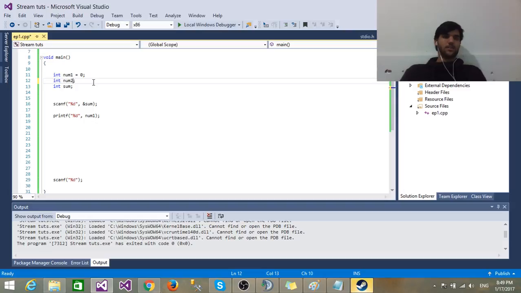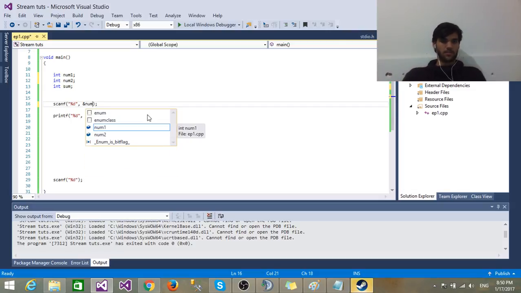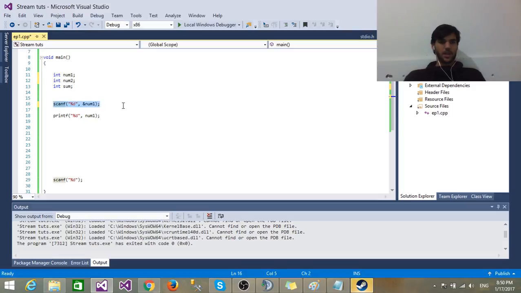So like we said, we don't want to initialize them because we're going to initialize them by user input and not by you putting a number inside it. Okay. So now what we want to happen is we want num1, that the user will input the first number, okay? And now he's going to input the second number, num2. After he's done that, we want to calculate the sum between them. So we don't want him to input the sum, so we just do a very basic